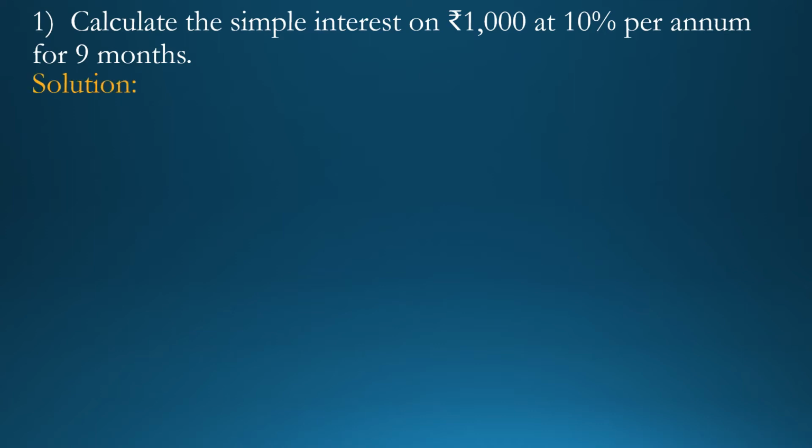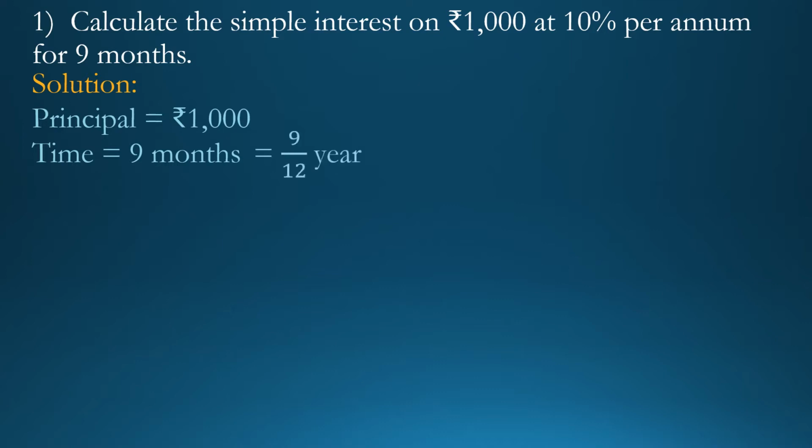See, in this question, principal is equal to rupees 1000 and time is equal to 9 months. But simple interest is always fine if time is given in year. So let's convert 9 months into year. If the time is given in months, divide the time by 12 because 1 year is equal to 12 months. So write down 9 months is equal to 9 upon 12 year. Now simplify. See, 9 and 12 both are divisible by the same digit 3. So divide. 3 3s are 9 and 3 4s are 12. So we get 3 upon 4 year.